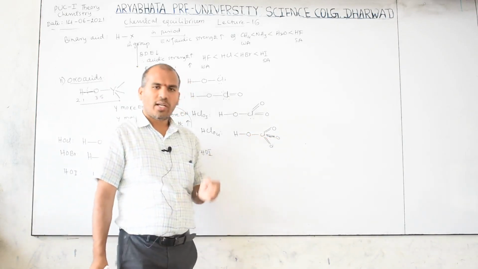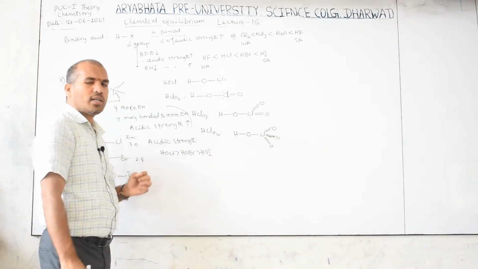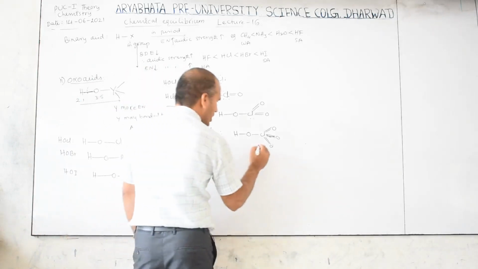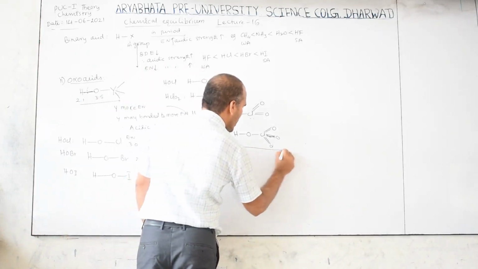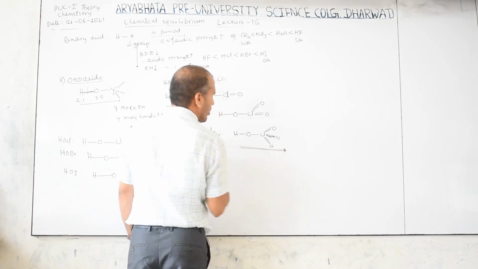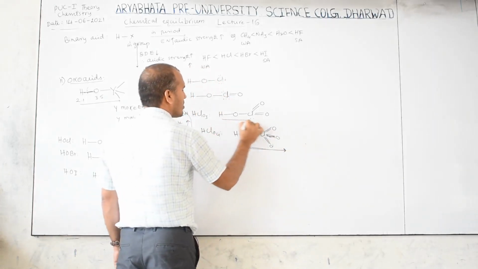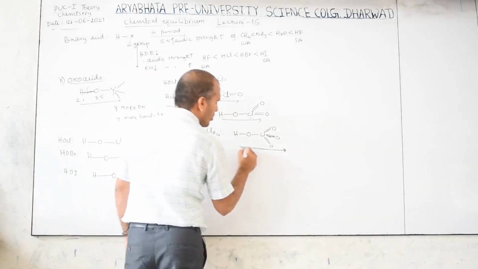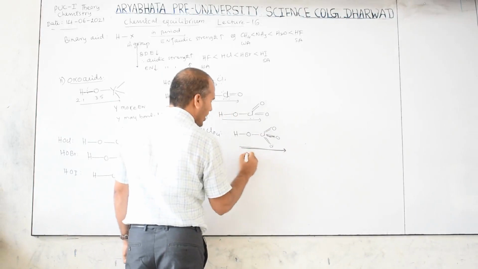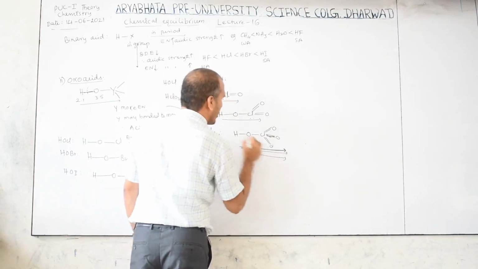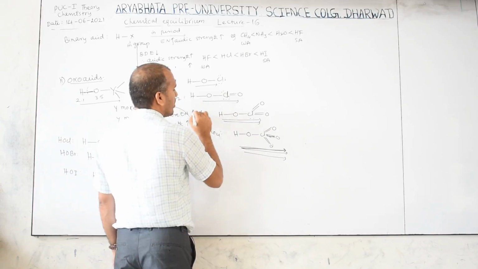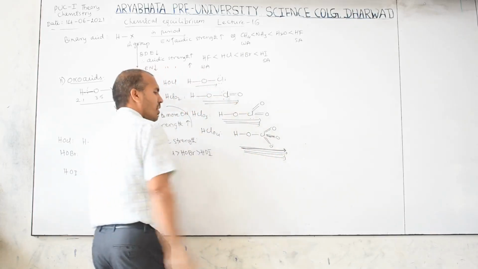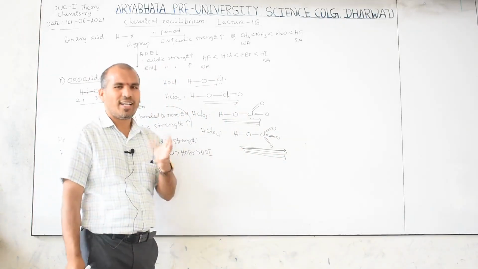So compare chlorine and oxygen. Oxygen electronegativity is 3.5, chlorine electronegativity is 3. Therefore, in which direction is this electron density moving? Right side. Here also right side, here also right side, here also right side. But I want to write 1, 2, 3 lines, then 2 lines. Here one extra, so 4 lines, here 3 lines, here 2 lines, here 1 line.